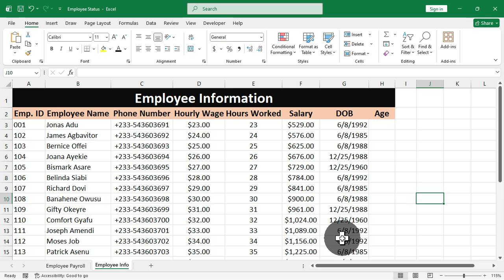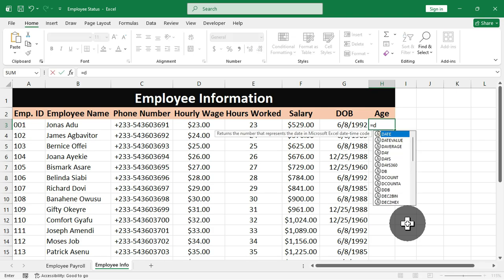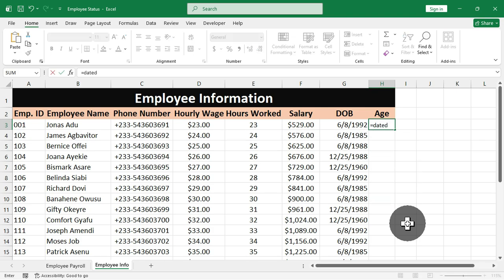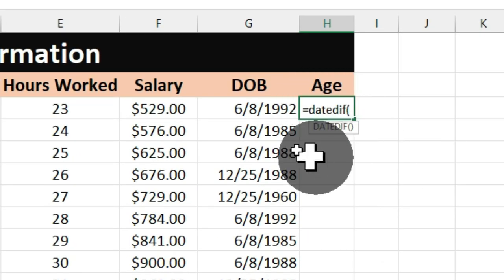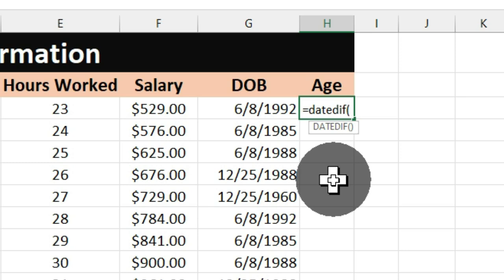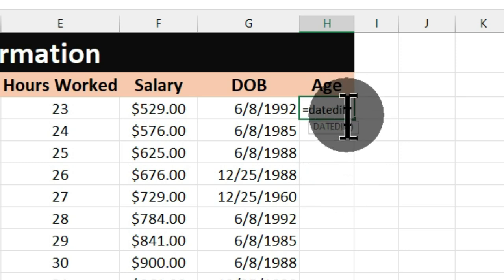in Microsoft Excel. So firstly, we are going to select this cell that relates to the first employee, and this is the date of birth given to this employee. We are going to start with the first function, which is called DATEDIF. Now that I have this function typed, I'm going to open the brackets. Then we are going to have this screen tip. This tells you that we have the right function typed into this current cell, because this is the active cell,